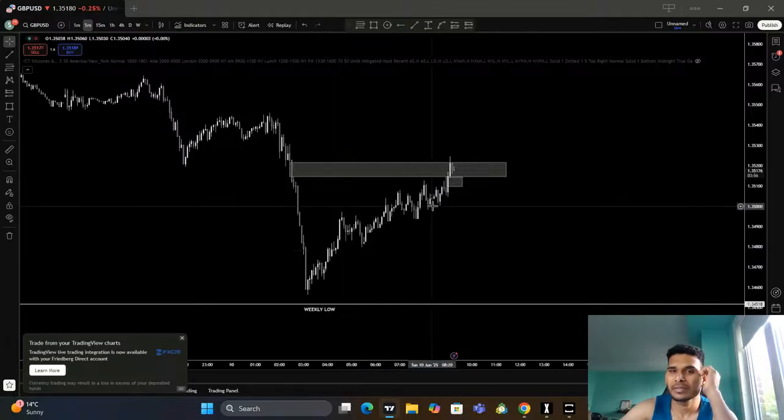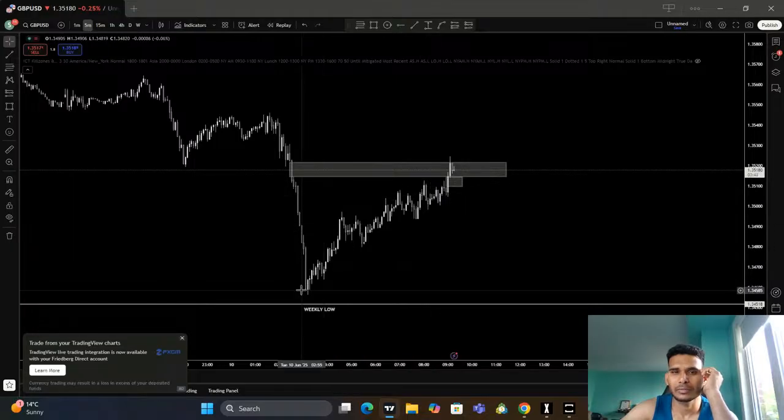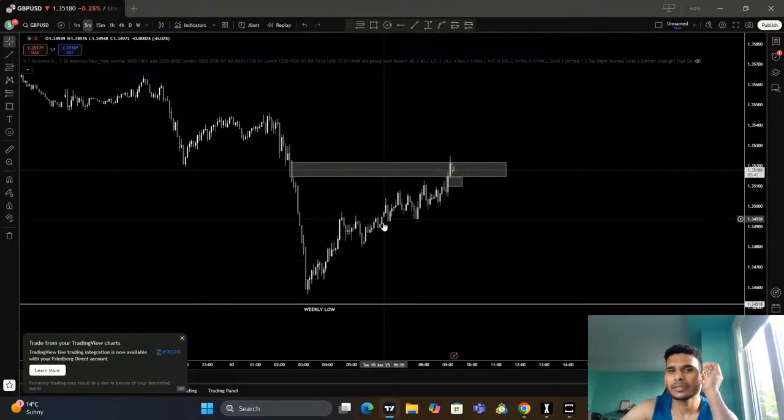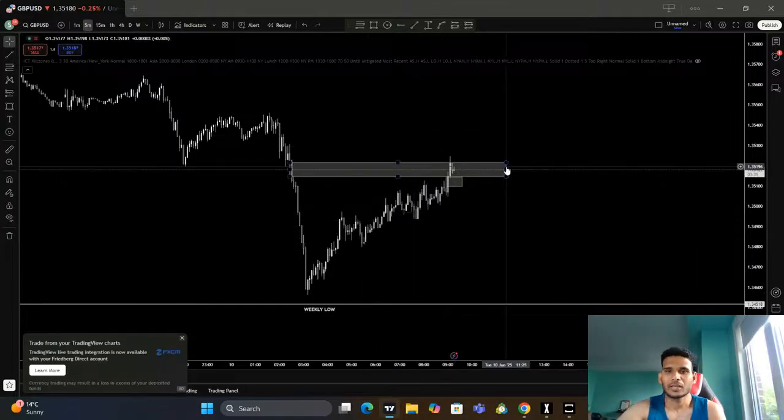But the thing is, I most probably get confused with M1. If I wait for the M5 structure shift, yeah, it's a sweep. M5 structure shift is going to be this. Yeah, it should flip. This is going to be the structure shift. This is where I enter my position, put the stop at the high, targeting this low. So this is what I need to do in M5. If I look for M5 alone, I'm not going to enter any position. That's what I'm telling you.